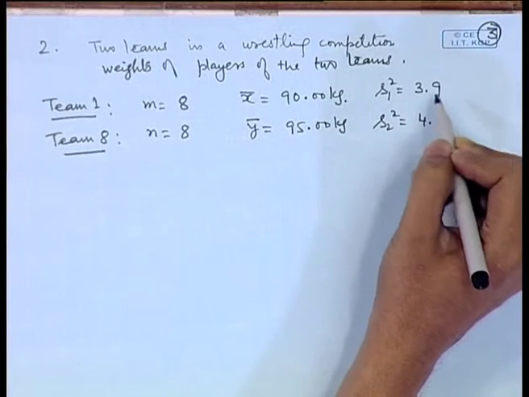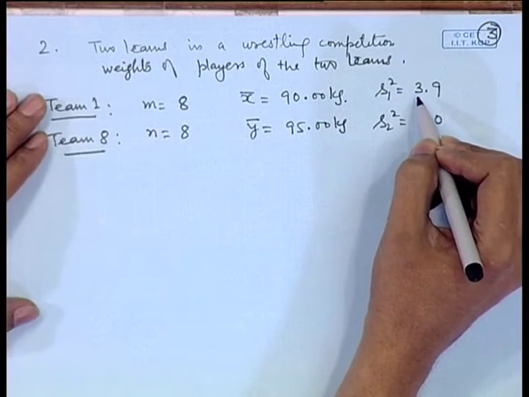Now, if we want to test whether the second team has a higher average weight than the first team, then the question comes of which procedure to be adopted, because when the variances are unknown, we have 2 different procedures, rather 3 different procedures. Here of course, the 2 samples are independent, so the pairing is not required here, but the variances equality plays a role here.